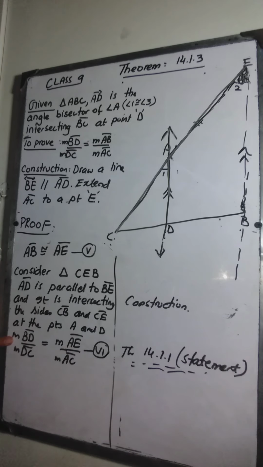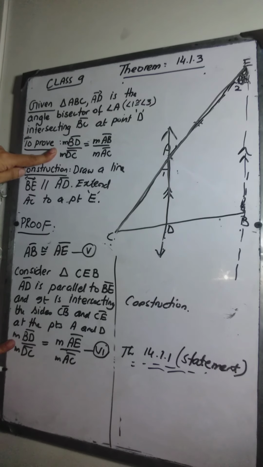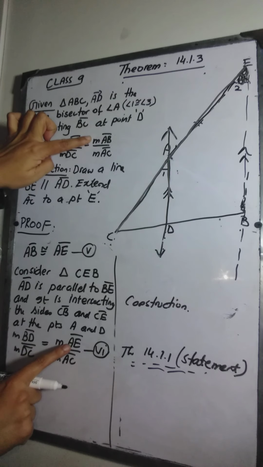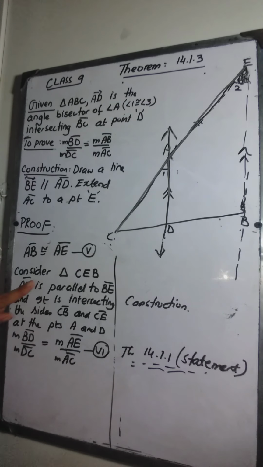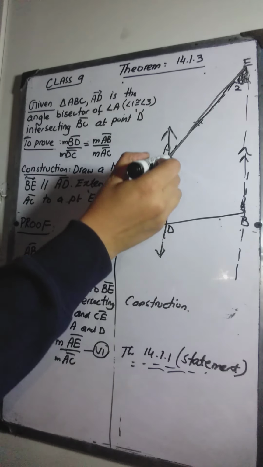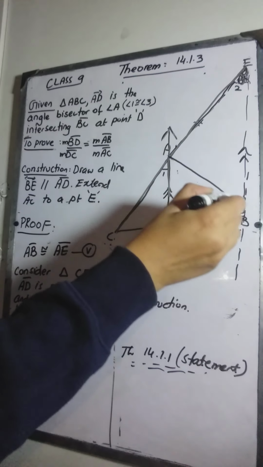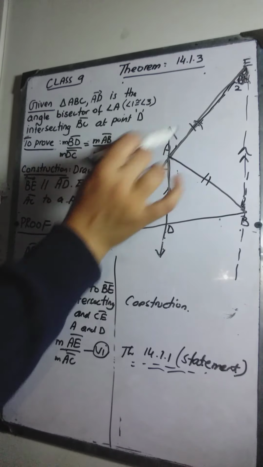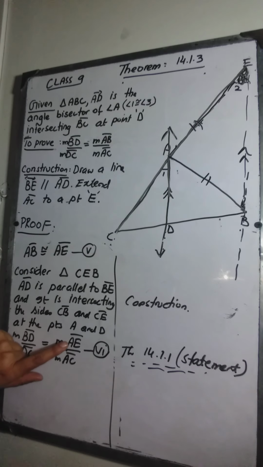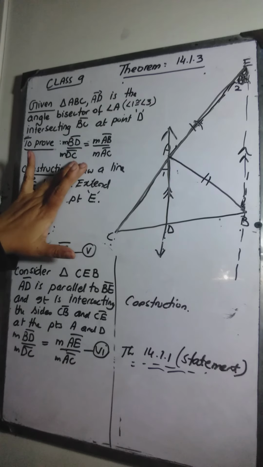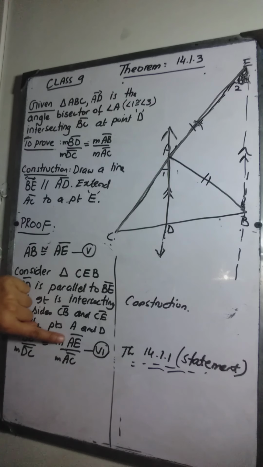So if you look at this statement and this statement, the only thing missing is that this is BD over DC, BD over DC. Here we have AE instead of AB, and we have AC. Okay, so all these three are same, only AB is missing. Now we know that AB is congruent to AE. Okay, we had already proved this. Let me draw AB again here. We have already proved that these two sides are congruent. This was the reason why we proved it, because we wanted AB over here. We wanted to use this theorem. From this theorem we got the ratio, but the only thing which is missing is AB. Okay, here we have AE and here we have AB. If I can replace AE by A